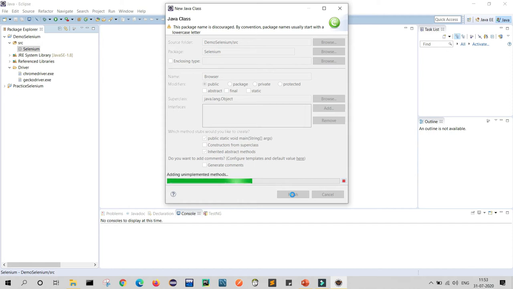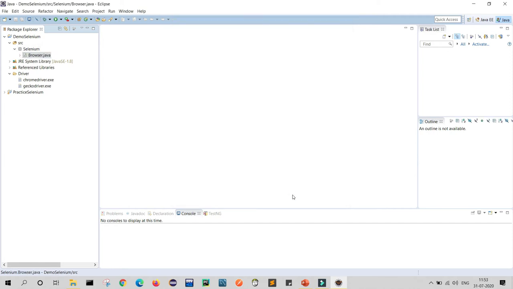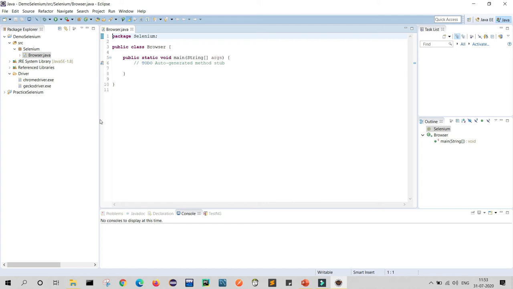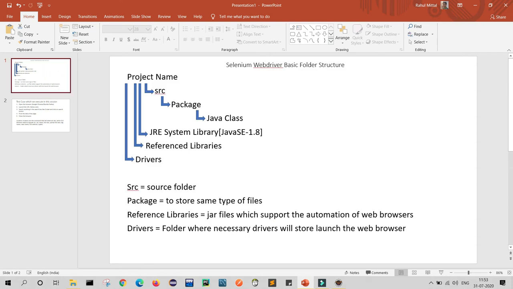Once you complete this activity, your folder structure is ready. As you can see in the presentation, like project name, in source folder your package, and inside package your Java class, your JRE system libraries, your reference libraries and your drivers.